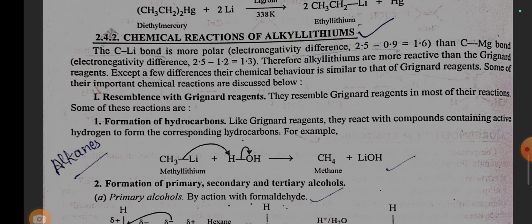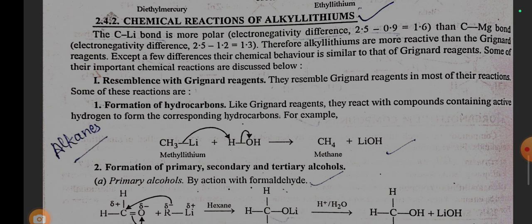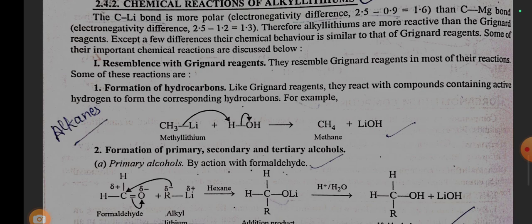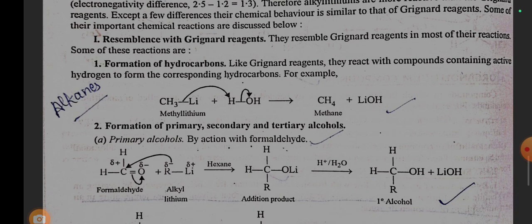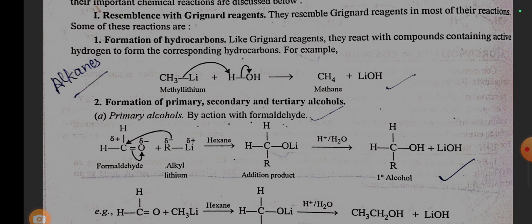Chemical reactions of alkyl lithiums. The C-Li bond is more polar than the C-Mg bond. Therefore, alkyl lithiums are more reactive than Grignard reagents. Except for a few differences, their chemical behavior is similar to that of Grignard reagents. Some of their important chemical reactions are discussed below. 1. Resemblance with Grignard reagents. They resemble Grignard reagents in most of their reactions. Some of these reactions are: